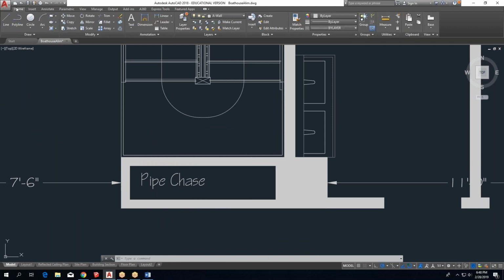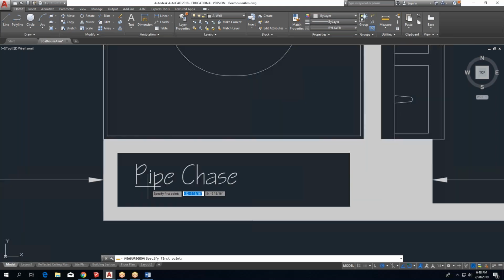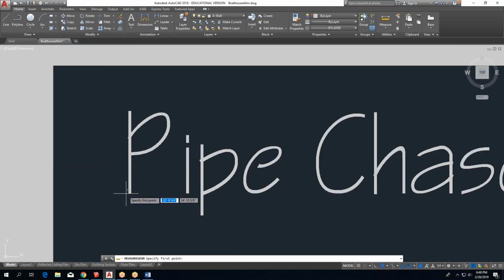Well, if I go home and I grab my measure tool and all sizing in text, and this is fun just to know about text. So if you have a serif font or different fonts graphically, they're measured in size by their uppercase letters. So I'm going to pick the bottom of a P, and this isn't going to be like a fine science, but you can see that it's snapping node to node would be about 6 inches for my uppercase P